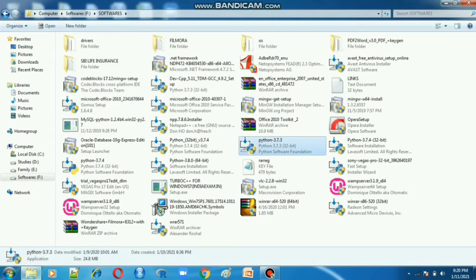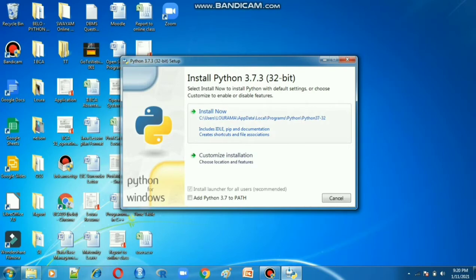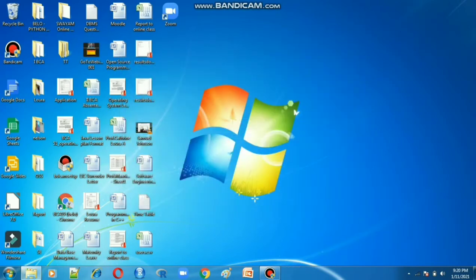It will show a yes or no window, so there we have to click yes. It will ask install now, so you have to click install now. It will take some time to install Python 3.7.3, and then the software will be installed.